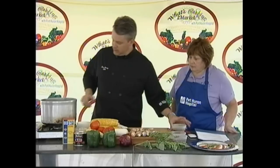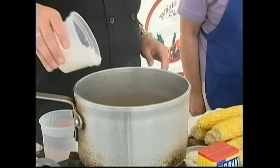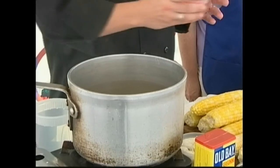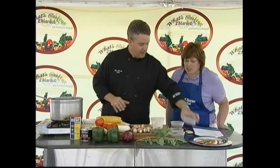It is, yes. So you start with a little bit of olive oil in your hot pot, and you're going to put in some diced white onions. And if you grow your onions, here's more vegetables you get to use. So you just want to soften those up, with a little bit of red pepper. A lot of red pepper. Okay, I like red pepper. Easy enough to do. A little bit of garlic,